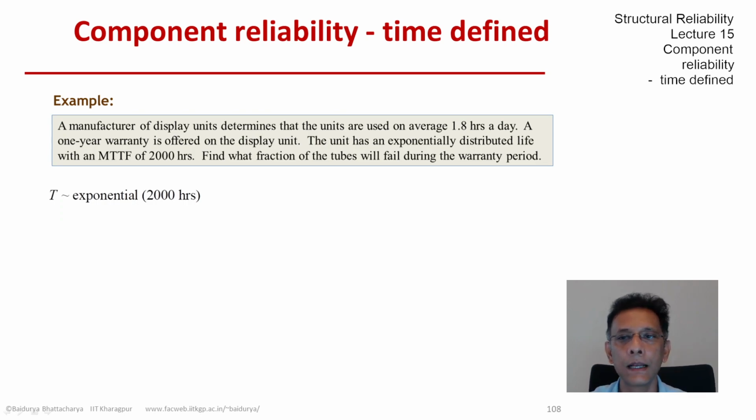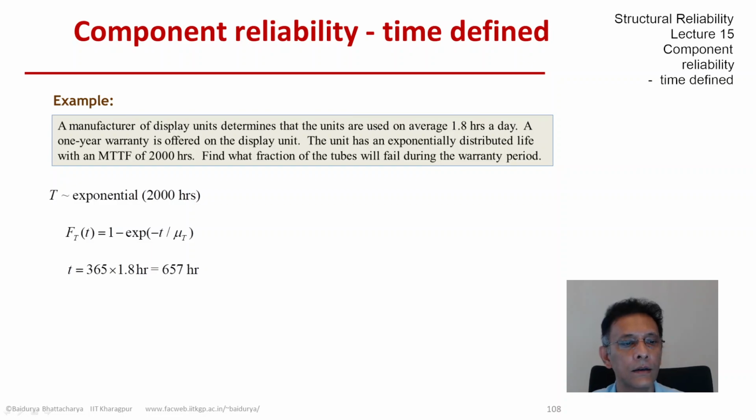So let's define the random variable capital T as the time to failure, exponentially distributed with a mean of 2000 hours. The exponential random variable has a CDF which looks like this, where the mean mu is the required parameter. What's asked for is to compute the CDF at a certain time. So let's find small t first,